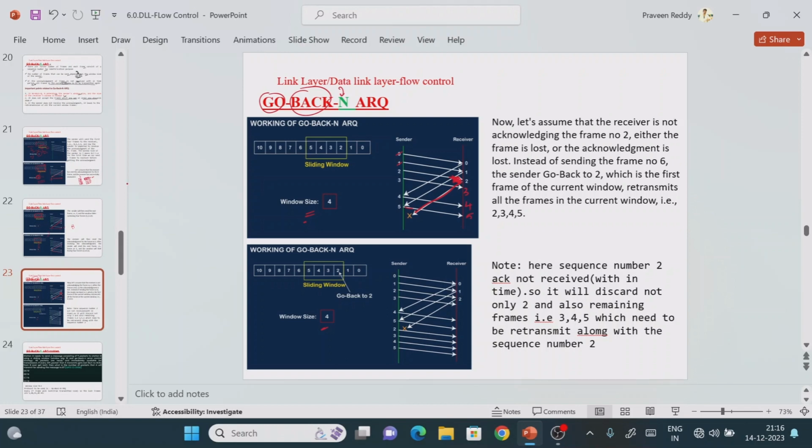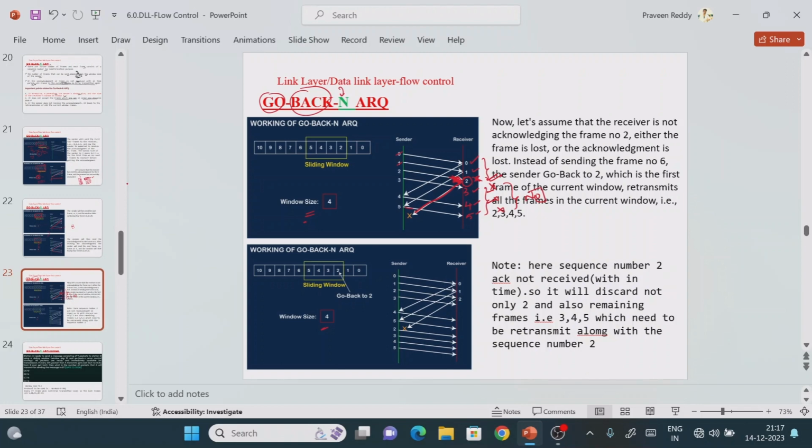But as I told in the previous example, like the biryani and rice, the receiver processes everything in sequence. 0 is processed, 1 is also processed, and it is waiting for 2, but it has not received 2. Meanwhile, 3, 4, 5 have been sent. Now what will happen? Will it accept 3, 4, 5 even though they were successful? No, it will not accept them. First let me complete 2, then only I will see 3, 4, 5. That is the meaning of this.